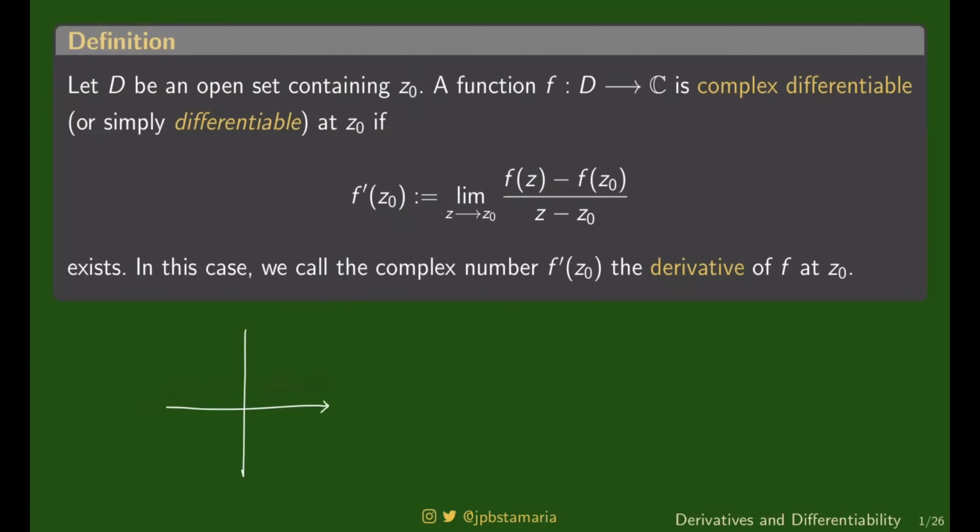Kasi parang, kumbaga kung ito yung z plane, ito yung f of z plane. Kung ito yung z naught, syempre meron kang z. Dapat they belong to the same open set. Tapos ito yung f of z, ito yung f of z naught. You could not even identify ano yung f of z minus f of z naught. Hindi yung real number. Yung f of z minus f of z naught ay complex number din.